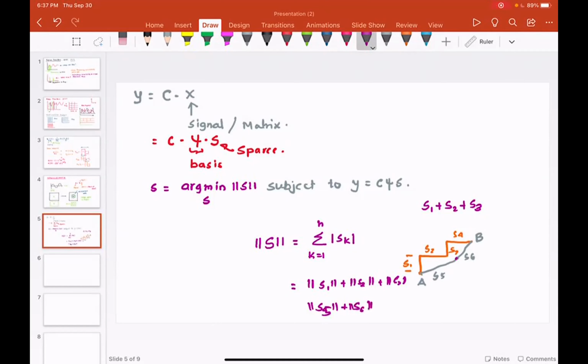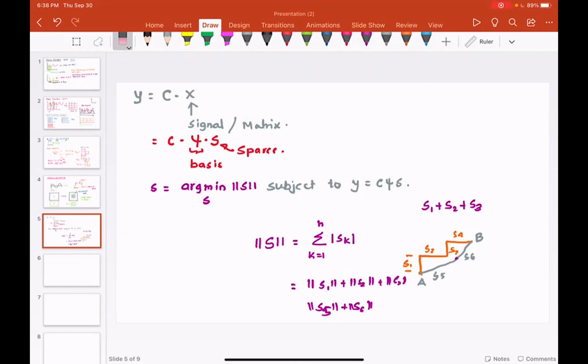And then you will say that the best path may be S5 plus S6, because if I were to draw a straight line between those 2 points, that is the path of shortest distance. So this problem is stated in terms of that optimization problem.